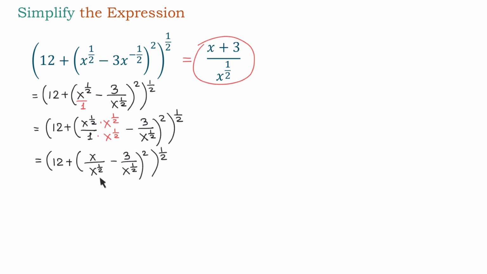And now once we have the same denominator, we can write these two fractions as a single fraction. So we will get 12 plus x minus 3 over x to the 1/2